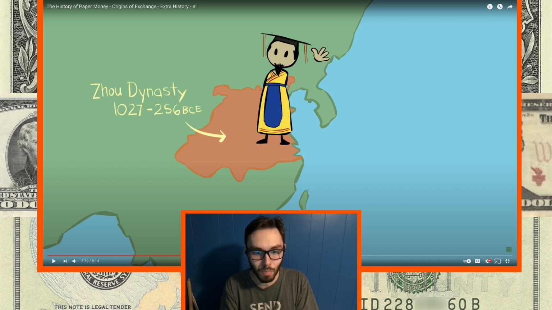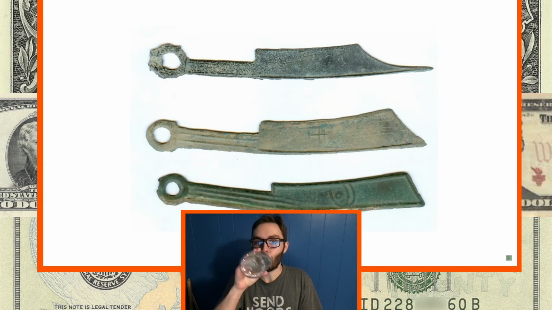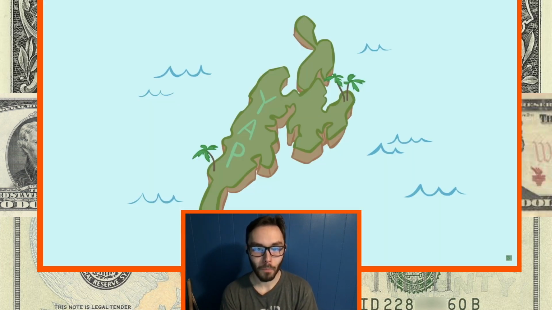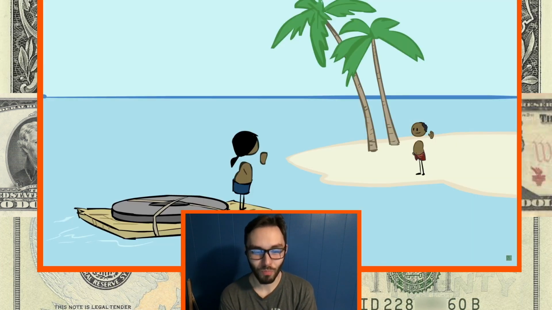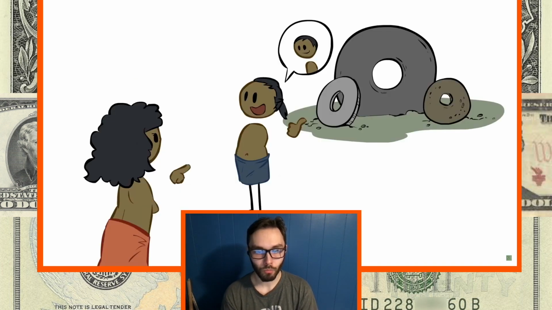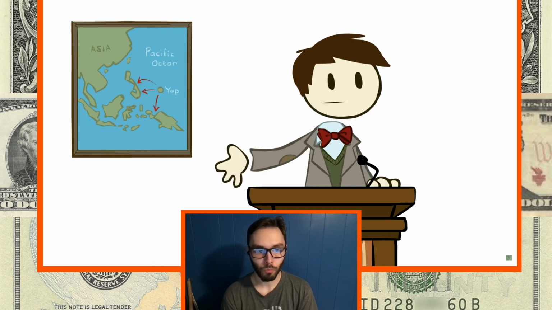Of tools, and then knives became some of the first examples of precious metal money. And, my personal favorite, on the island of Yap, gigantic limestone donuts serve as money. They are so huge that once they are brought to the island, no one even moves them. They just remember who owns which ones. In fact, all of these stones had to be quarried off-island because there's no naturally occurring limestone on Yap.